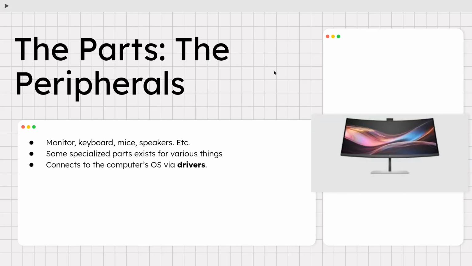And then finally, for the parts, we have the peripherals. We have the monitor, the keyboard, the mice, the speakers, all of this stuff that allows you to see what's going on. Back in the day, it was just a printed readout that would print things out, and you'd use punch cards. Well, then somebody invented the keyboard and the digital monitor, and that was pretty nifty. And now we have all these really cool displays.